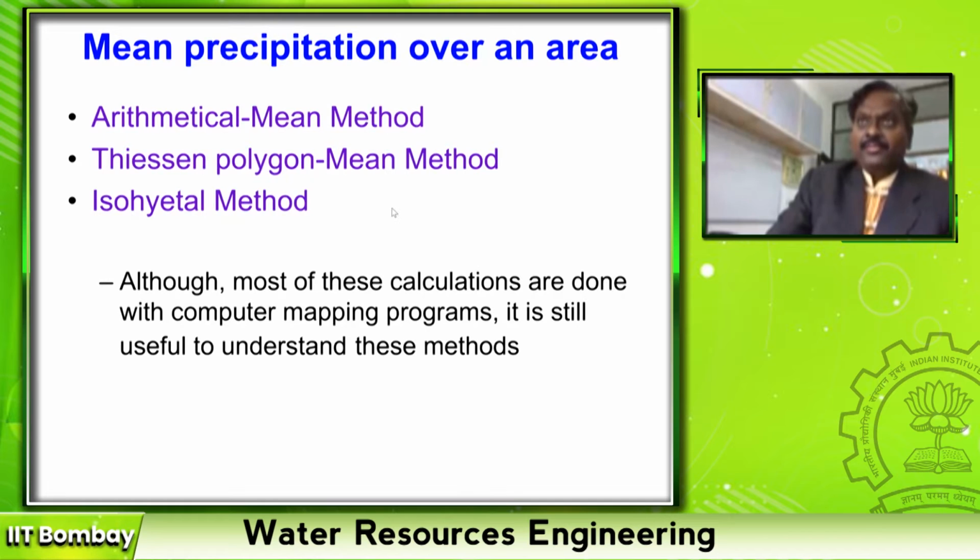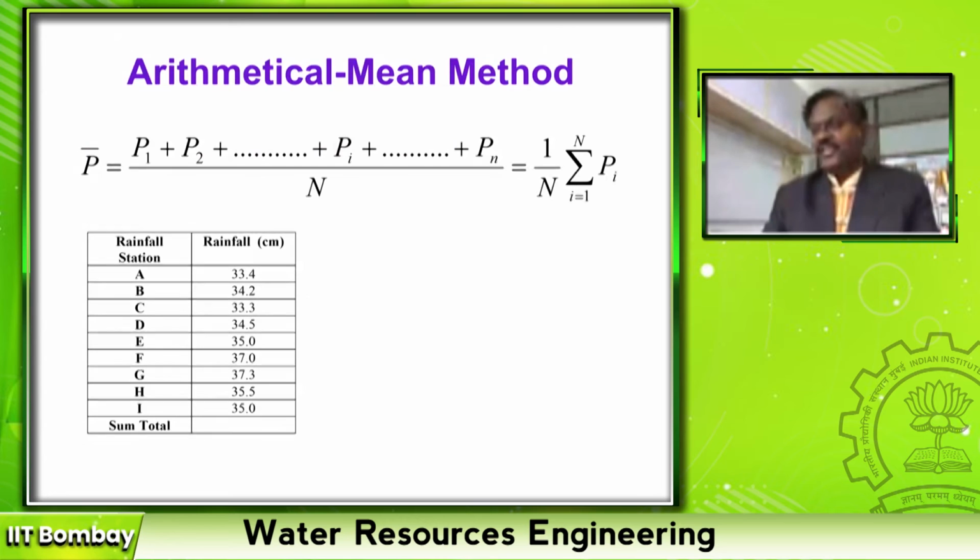Now I have rainfall at different stations. And somebody asks, you are the manager of this river basin, what is the average rainfall in your river basin? Every year I measure nearly 50 stations. How to tell the average? Then there are different ways to express. The first method is called the arithmetical average method. The second is Thiessen polygon method, and the third one is the isohyetal method. We will see one by one quickly and finish it today itself.